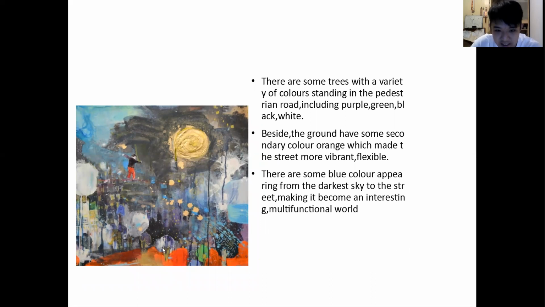And there are some trees with a variety of colors standing in the pedestrian road, including purple, black, and white. The tree is very colorful. Besides, the ground has some secondary color, orange, which makes the streets more vibrant. There is some blue color appearing from the darkest night sky to the streets, making it an interesting multifunctional